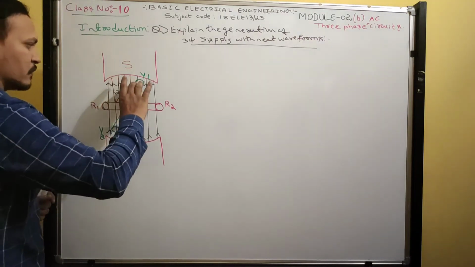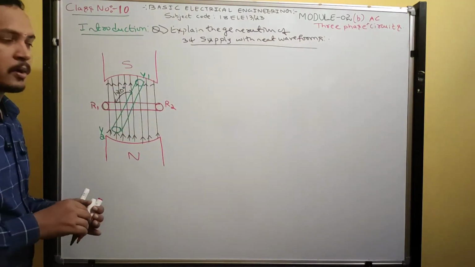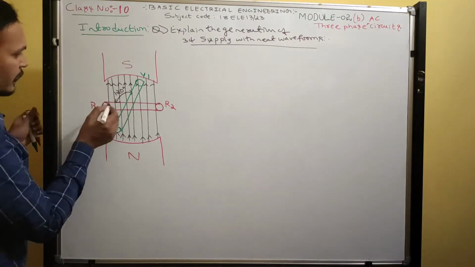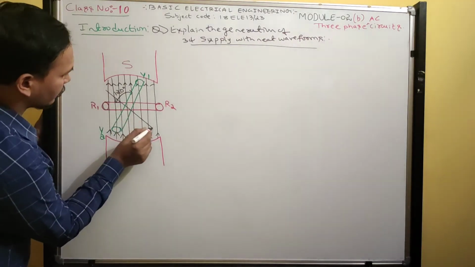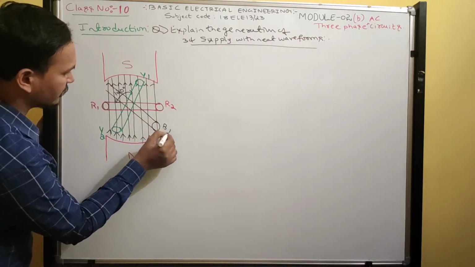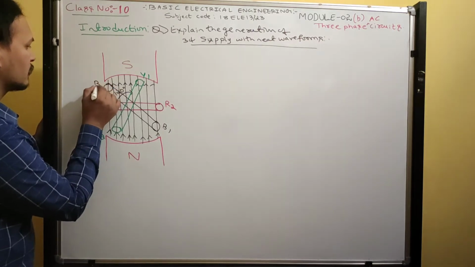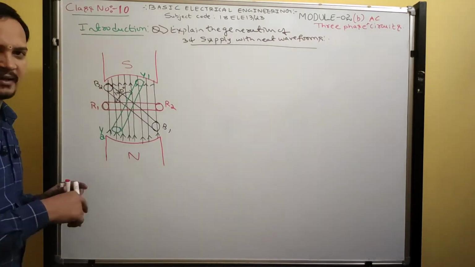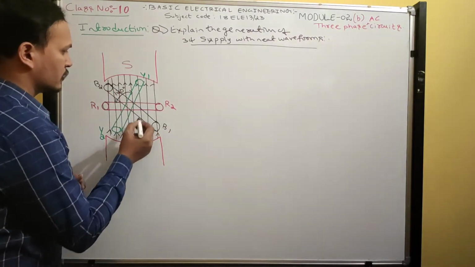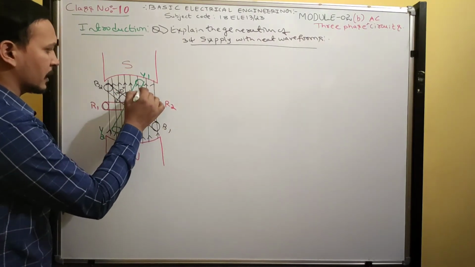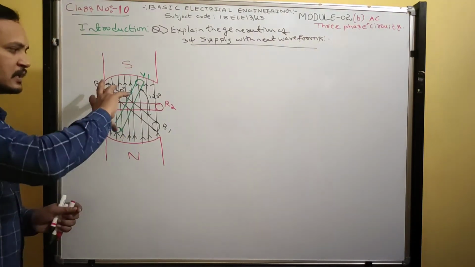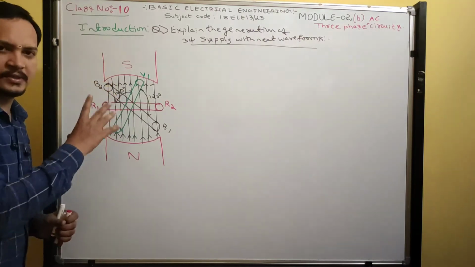So there is the R-phase winding, the Y-phase winding, and another one, the B-phase winding. For the B-phase winding I will use the black color, with B1 and on this side B2. You should write three conductors: R-phase conductor, Y-phase and B-phase conductor. Now the angle between Y1 and B1 is 120 degrees. Like that the windings are placed.